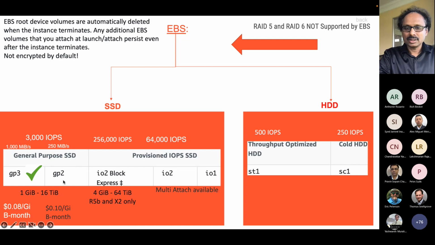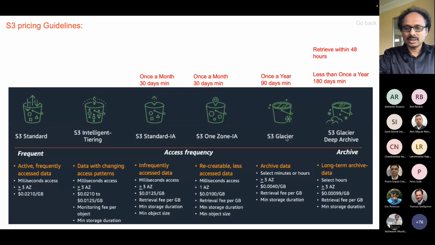A lot of architects, I see, are utilizing GP2. I never see a reason why we should propose GP2 for a customer, because the IOPS are the same. The difference between GP2 and GP3 is only the transfer ratio, which most customers don't care about. So it's very, very important that we understand how much IOPS each of the storage options provides and which storage option is suitable for our customer. S3.